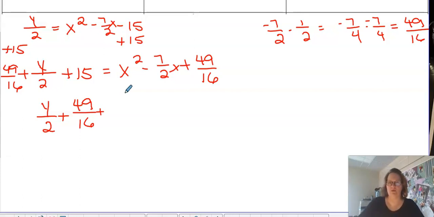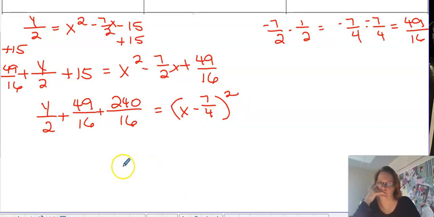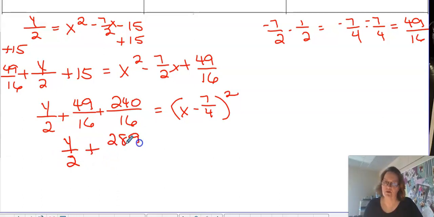It's 240/16 equals, and then I'm going to go ahead and factor this. This is x minus 7/4 quantity squared. Okay, so let's see, 240 plus 49, that is y over 2 plus 289/16 equals